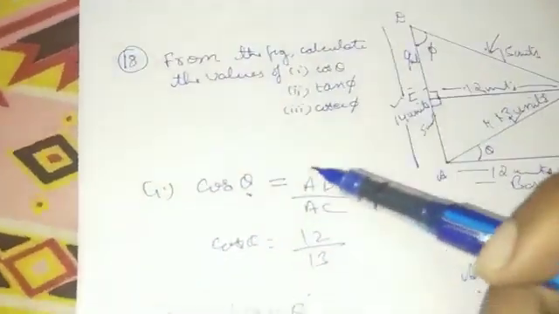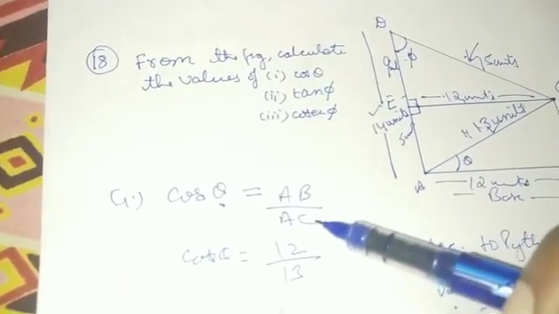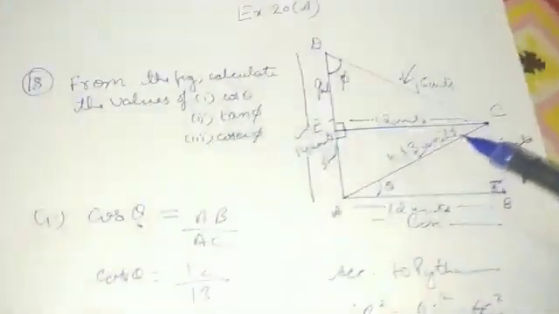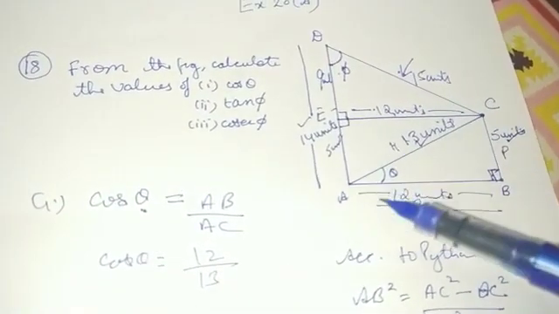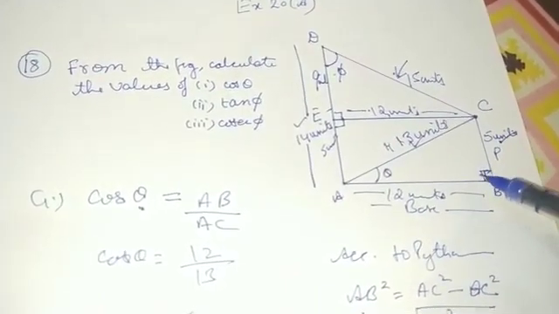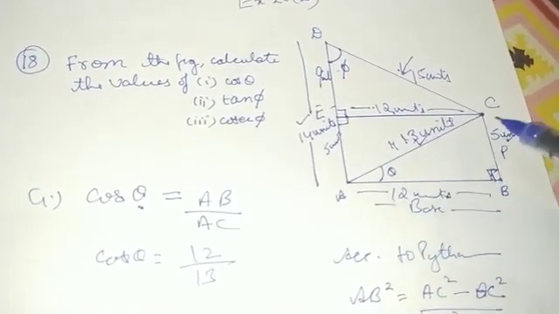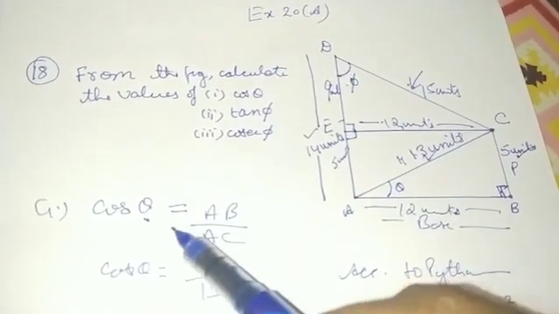Okay, first of all we have to calculate cos theta. We know that cos theta will be equal to base upon hypotenuse. First of all we are going to look into the triangle where the theta is present. We can clearly see that the theta is present in the right angle triangle ABC, and we'll be making a 90-degree over here to show that this is a right angle triangle that we are going to continue. It says base upon hypotenuse.